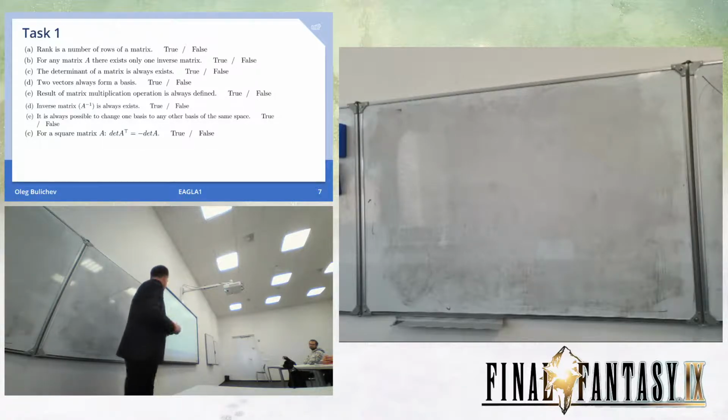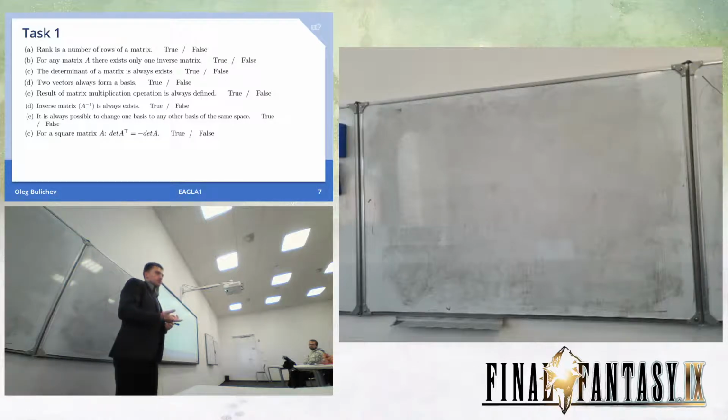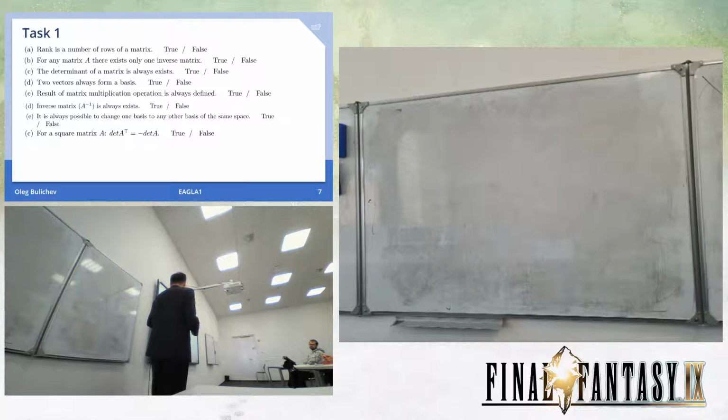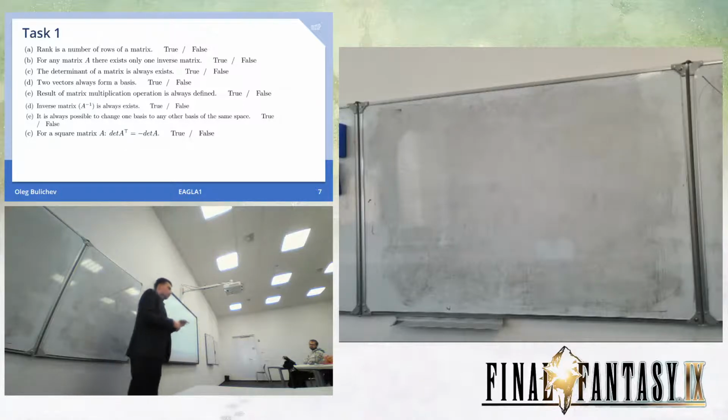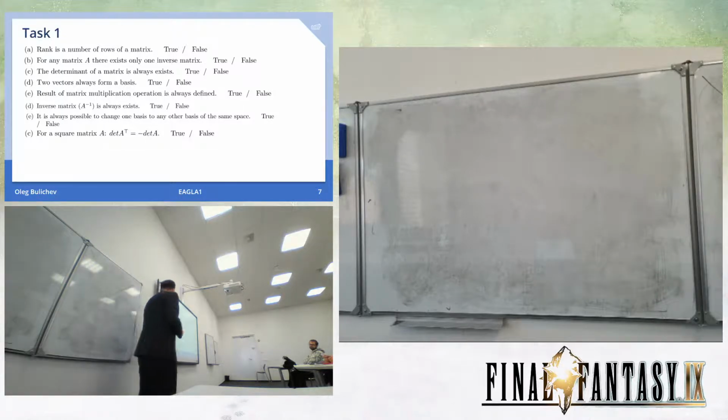When this is false, all determined, obviously this is false. Vectors always form a basis? False, because we know that when you put a 0 vector, it's always dependent. False, result of multiplication always depends. We know that a 3 by 1 matrix multiplied by a 3 by 1 won't work. False. The inverse matrix always exists? Again,